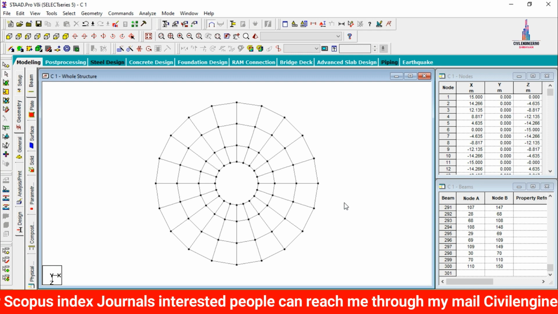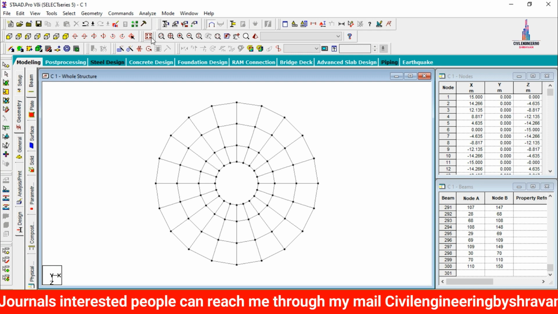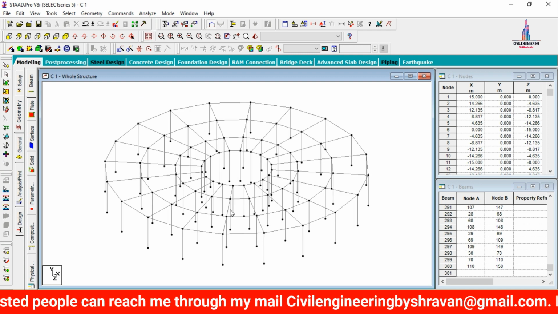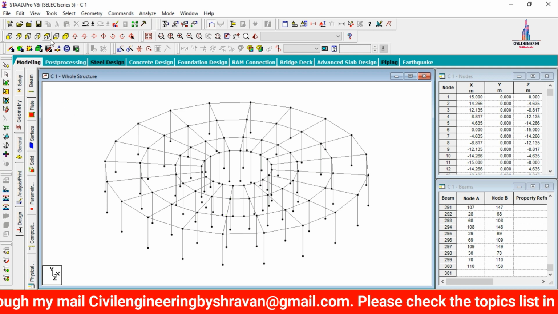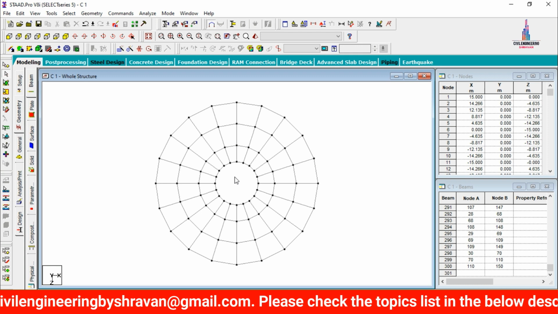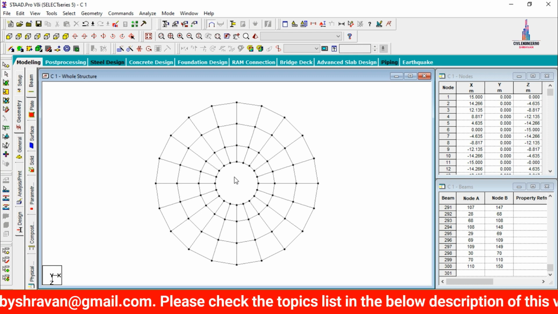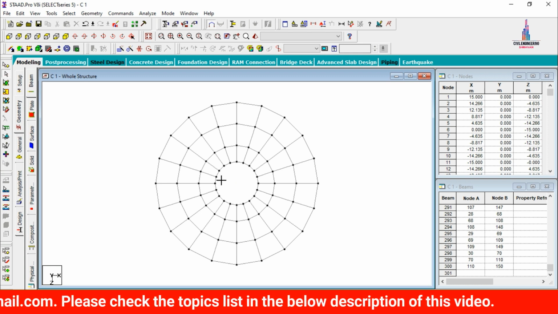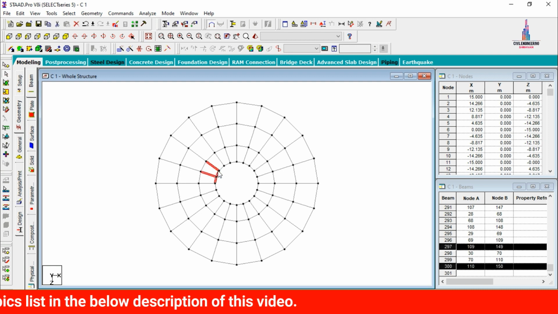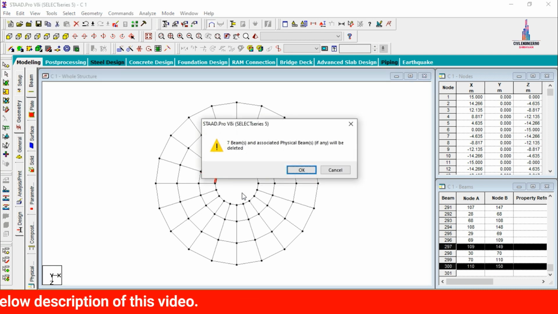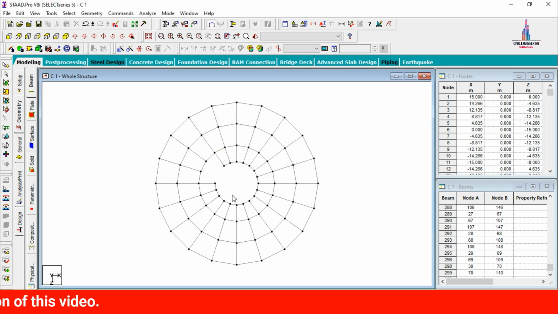Now after copying this respected beam sections, we have to click on whole structure command. Now we can see this is the whole structure for this respected ground section. So after that we have to delete all unnecessary beam sections for the lift provision as well as your staircases purpose. So for that just I am selecting this respected property. So click on this properties like this. So click on delete option. So it will delete all your respective properties like this.